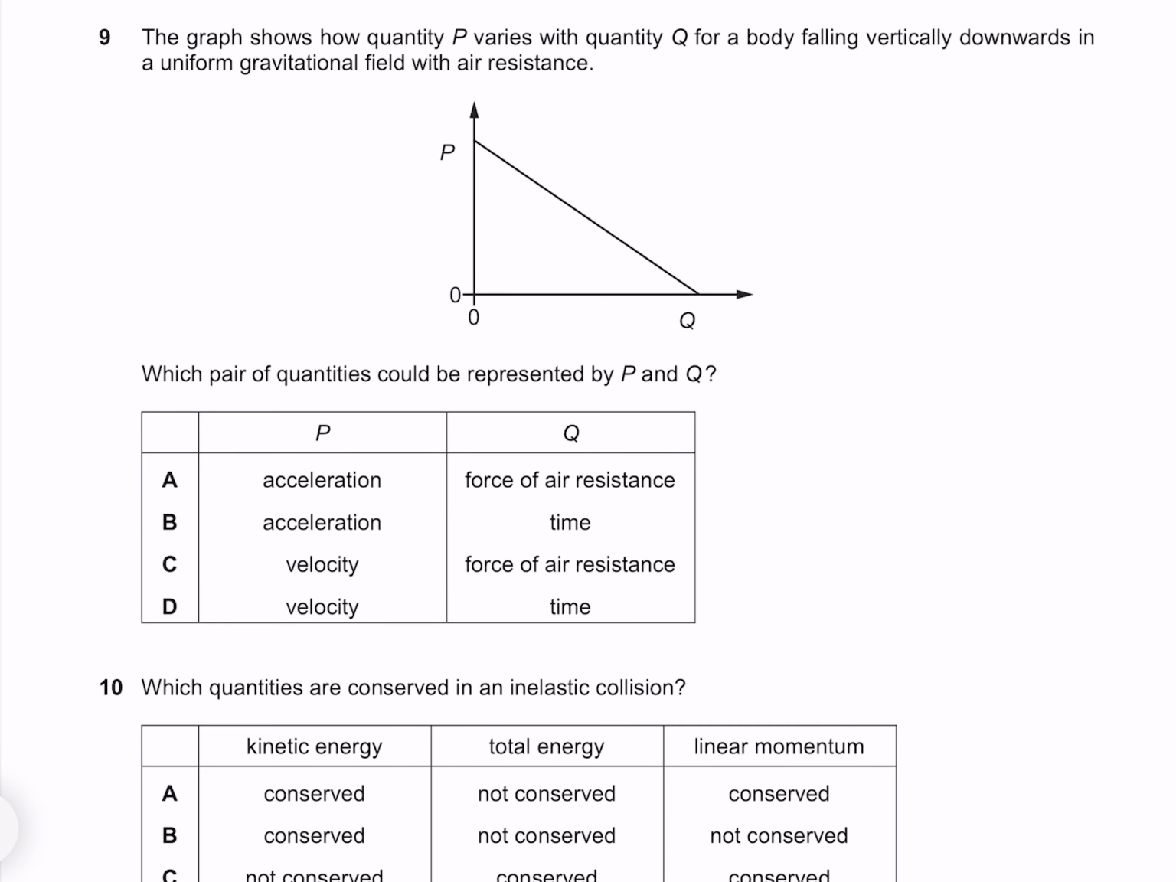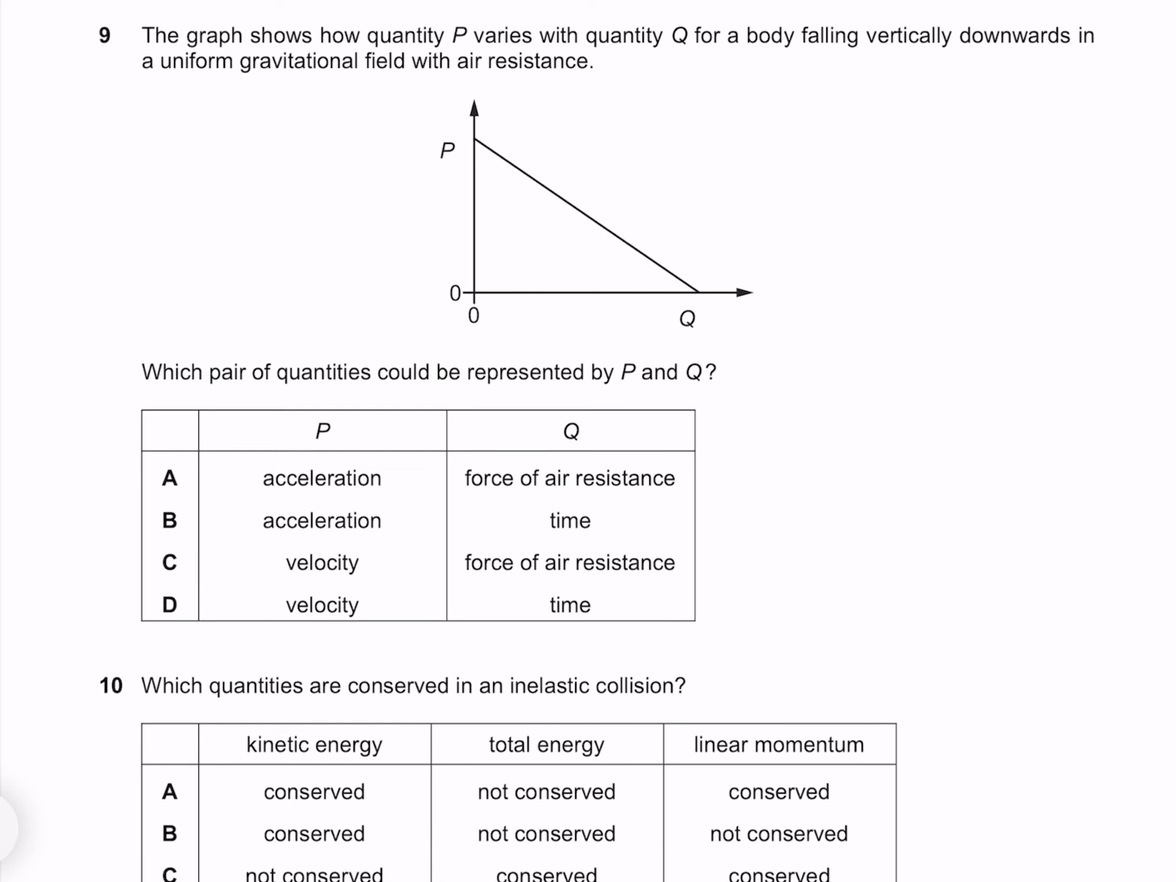The graph shows how quantity P varies with quantity Q for a body falling vertically downwards in a uniform gravitational field with air resistance. Which pair of quantities could be represented by P and Q? And so we see as Q increases, our P decreases. The overarching topic here is terminal velocity, which describes that as the velocity of our falling body increases, our force